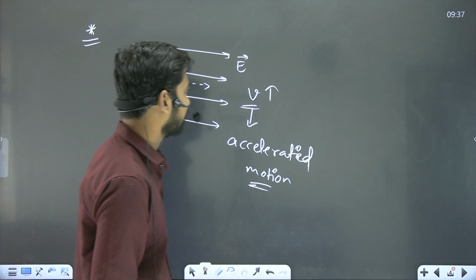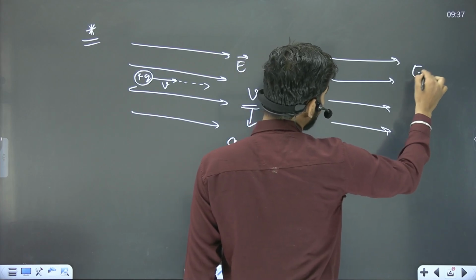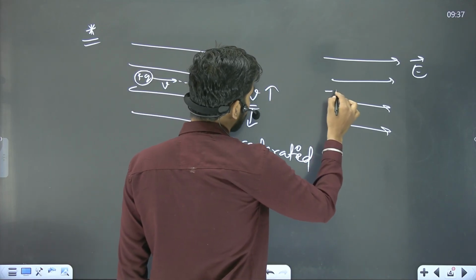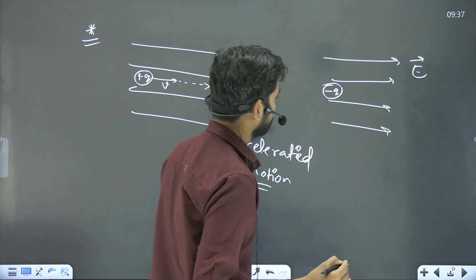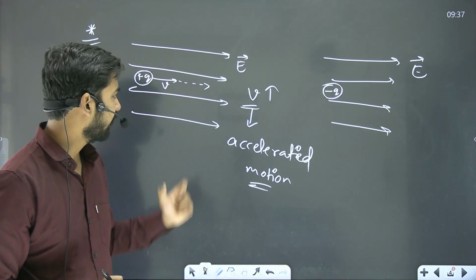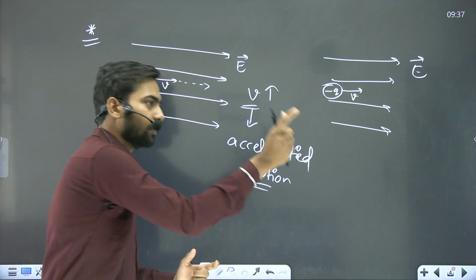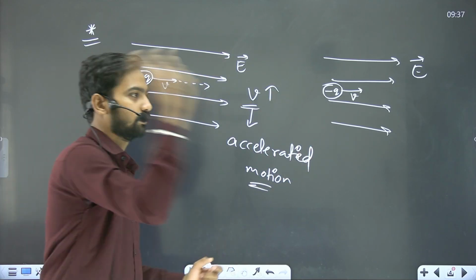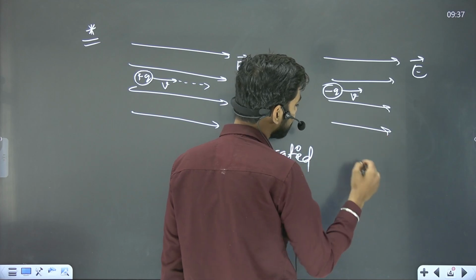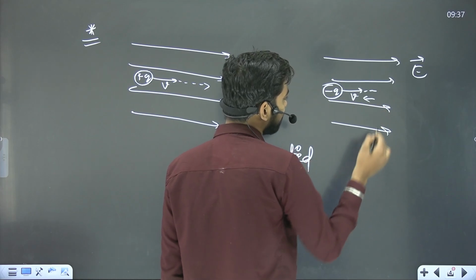Now let's consider another case where I have an electric field. Again, the same electric field, the same magnitude, and it's a uniform electric field. And I have put one negative charge, minus q, of the same magnitude, whereas earlier I considered positive q charge. I have given minus q charge some initial velocity v and thrown this charge in the uniform electric field. And what will happen? It will experience